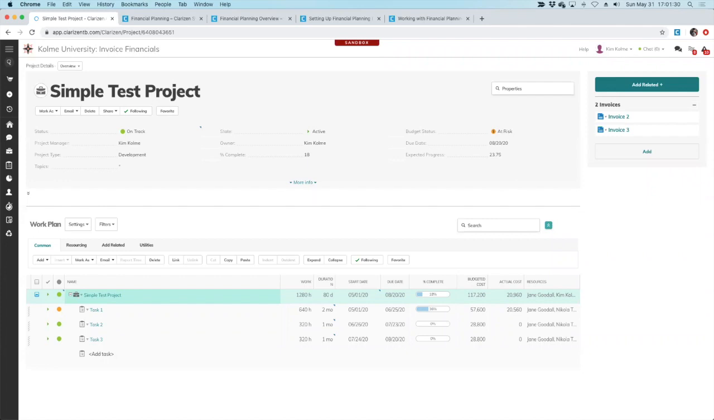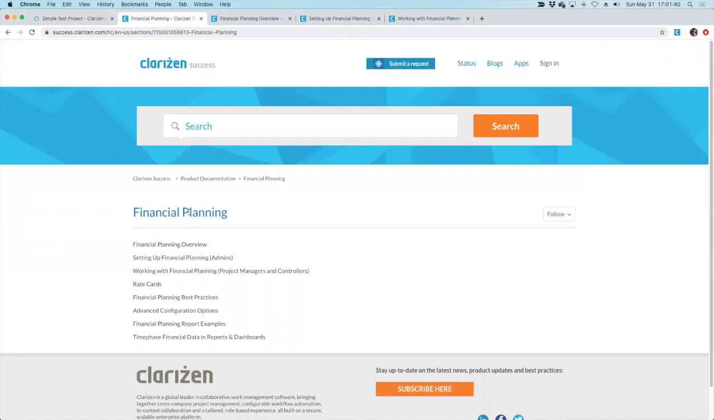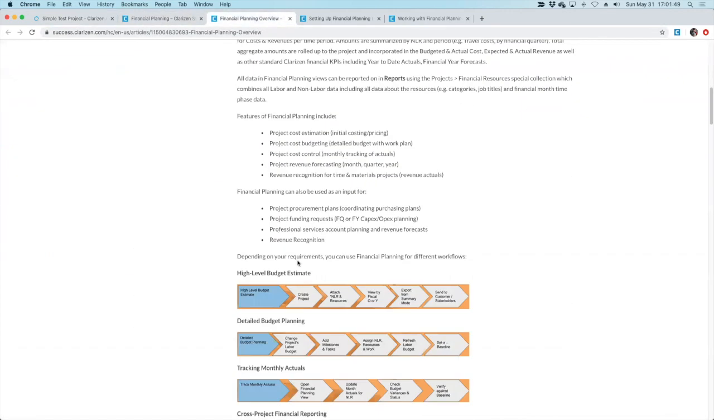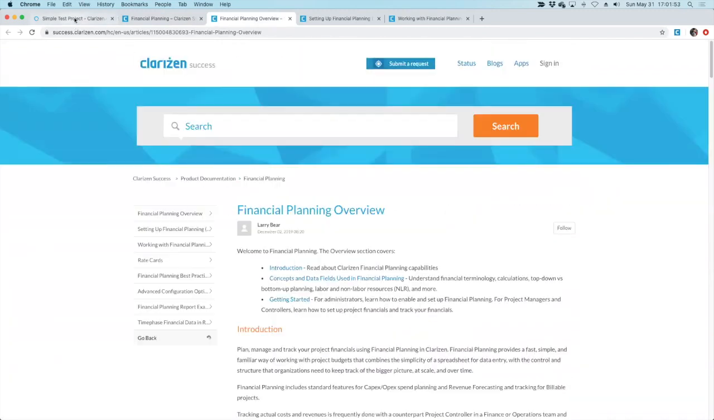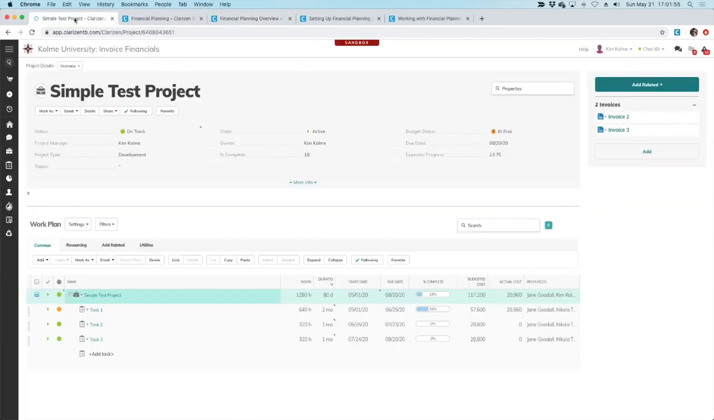Now, if you're not familiar with Clarizen's financial planning and time phase data structures and capabilities, then you really should go to the Clarizen Success site and read up on it there. I'll show you there's a ton of information. Just go to success.clarizen.com, search for financial planning. We've got all these different articles that will walk you through step by step how to set it up and how it works. And it's a really, really great feature. We're not going to go into much detail on that today, but just to give you a quick overview of